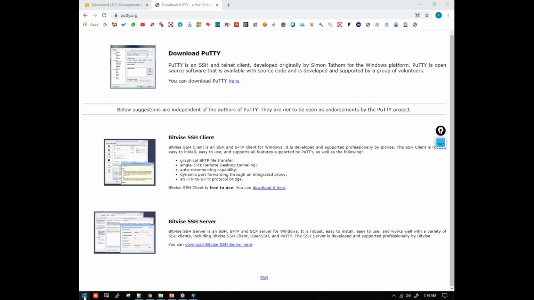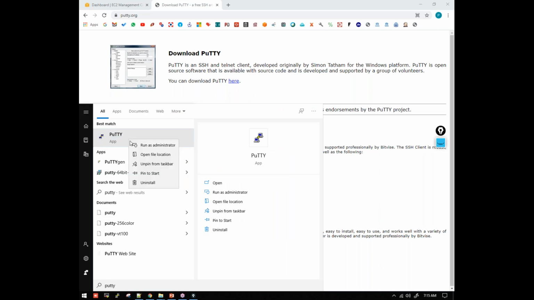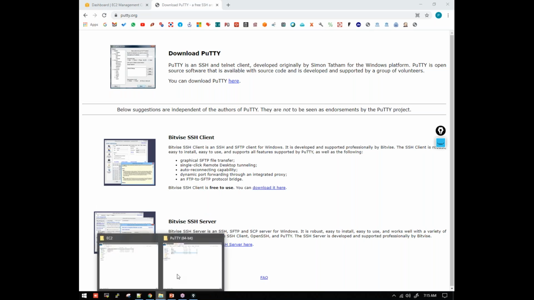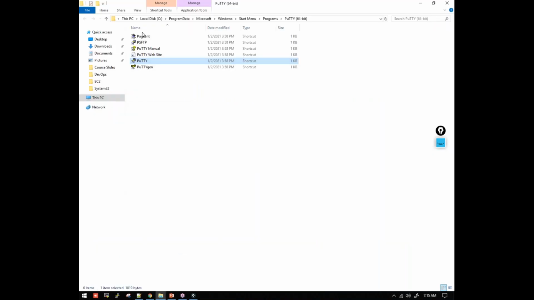Now right click on it and click on open file location, and you can see something like this. All the PuTTY related software is installed. You can keep the PuTTY shortcut on the desktop.